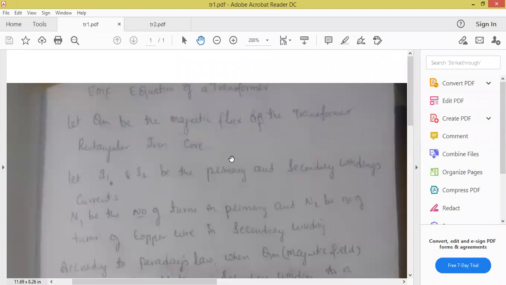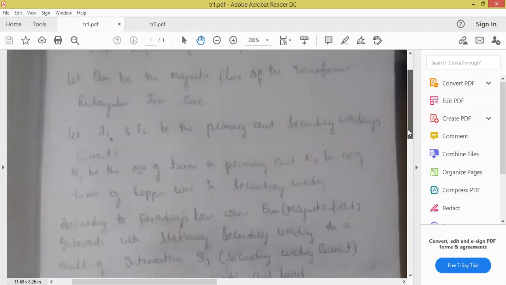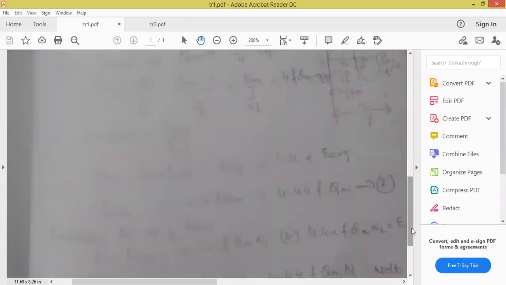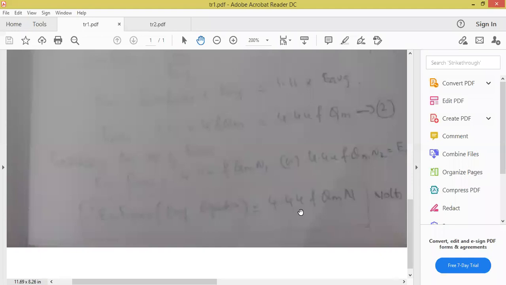Understood, all of you? Whenever any problem is present inside the transformer, in the outer look the blue color will be converted into the black color. So you can identify near your colony. So how much electricity near your colony the transformer is transferring? Anyone tell me what is the value? 4.44 into F into phi m into N. Yes, when the lab is on, I'll show the transformer. A small transformer in an electric shop you can buy for 30 rupees. Transformers are usually step up and step down. That we'll do here.